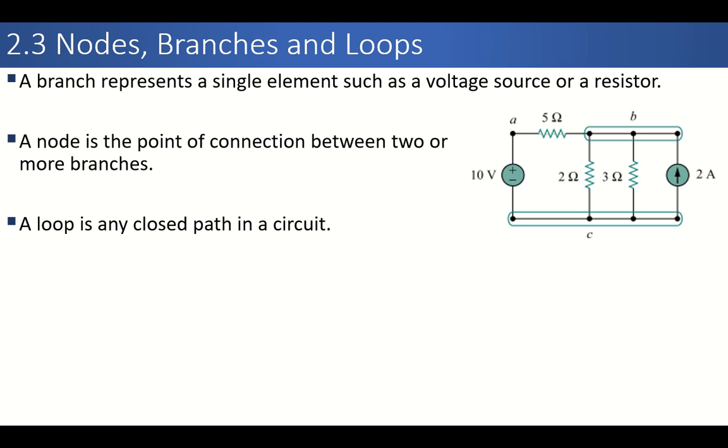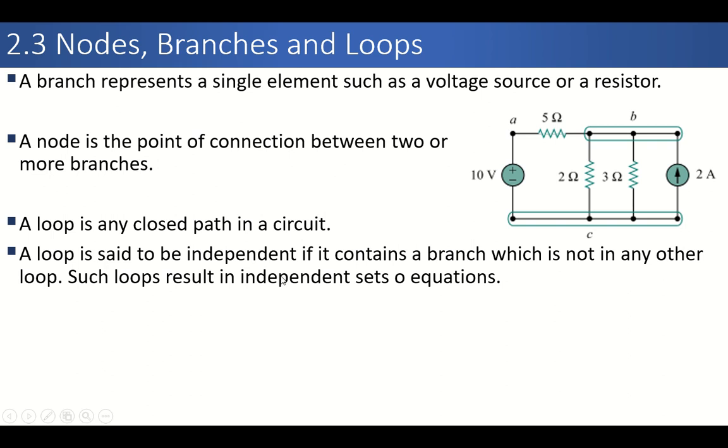Another important point is that there are generally 2 kinds of node. One is reference node and another non-reference node. Since to measure the potential difference, we need 2 points. One point is known as a reference point and the other is a non-reference point. Generally, there is only one reference point in the circuit, but there could be more than one non-reference point in the given circuit.